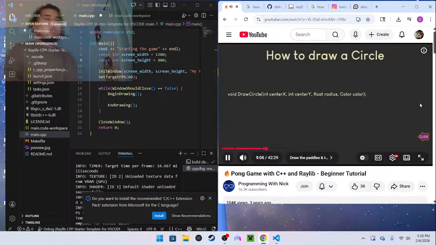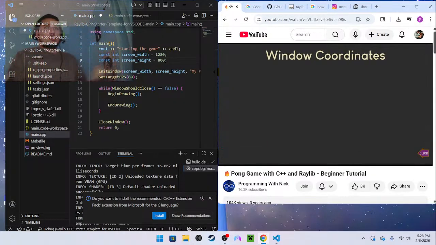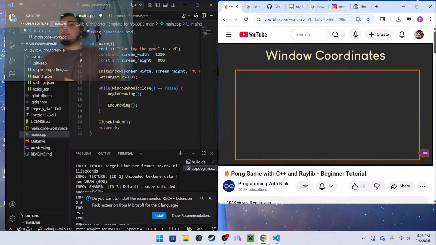Now let's talk about the x position and the y position. The origin of the blank window we have created is the top left corner of it. So this point right here has x position 0 and y position 0. The x position increases as we move from left to right, and the y position increases as we move from the top to the bottom.